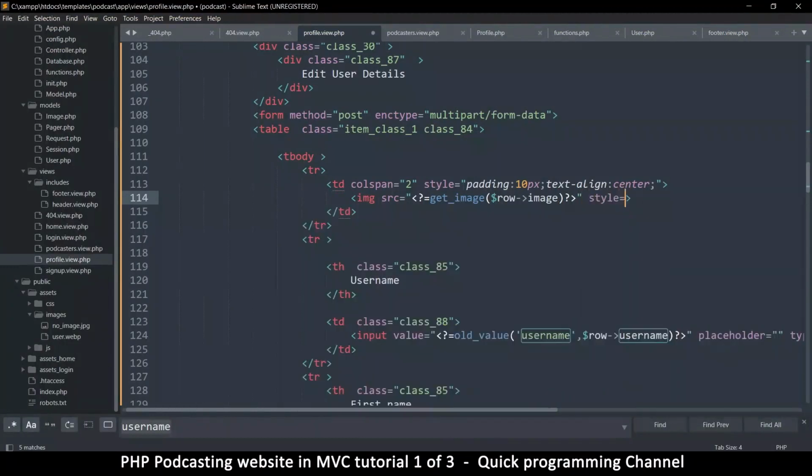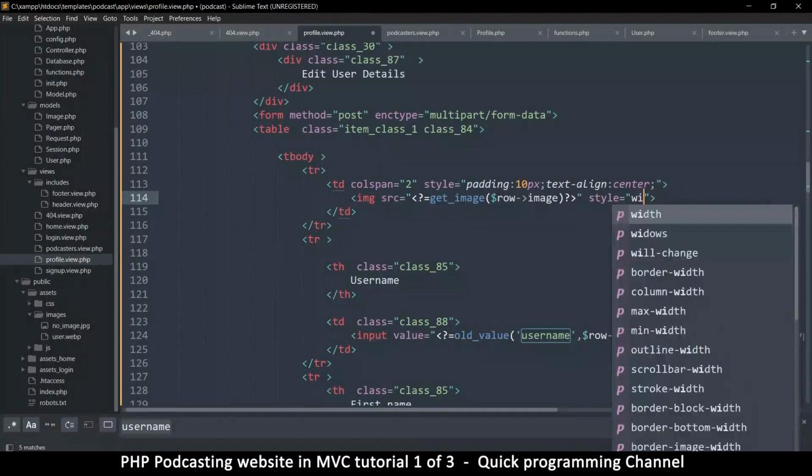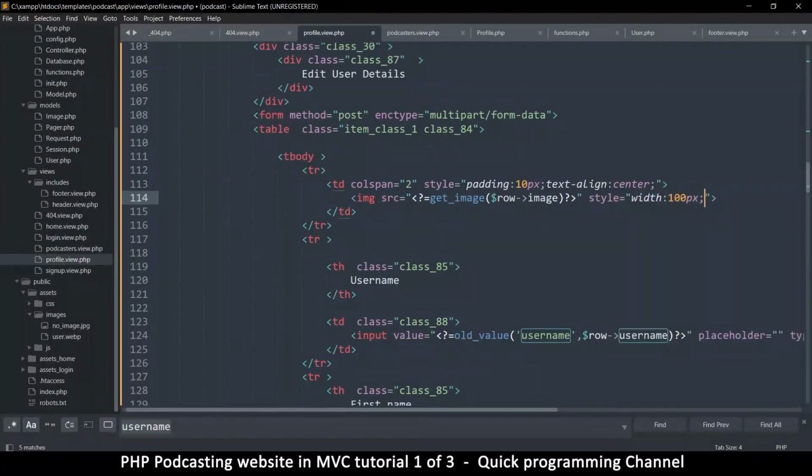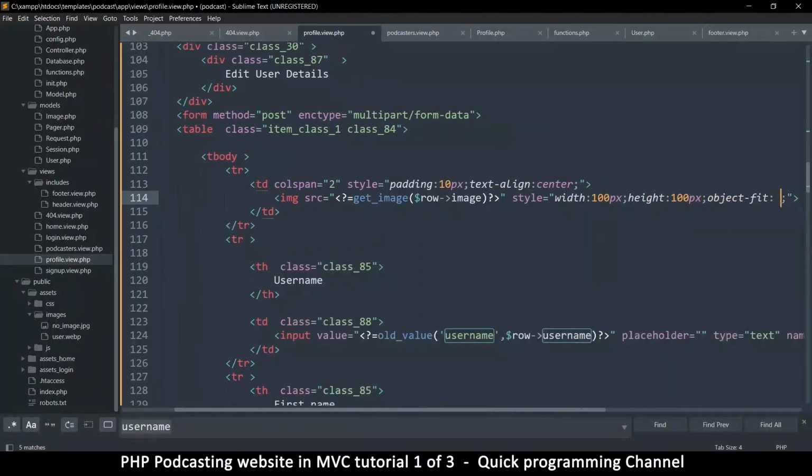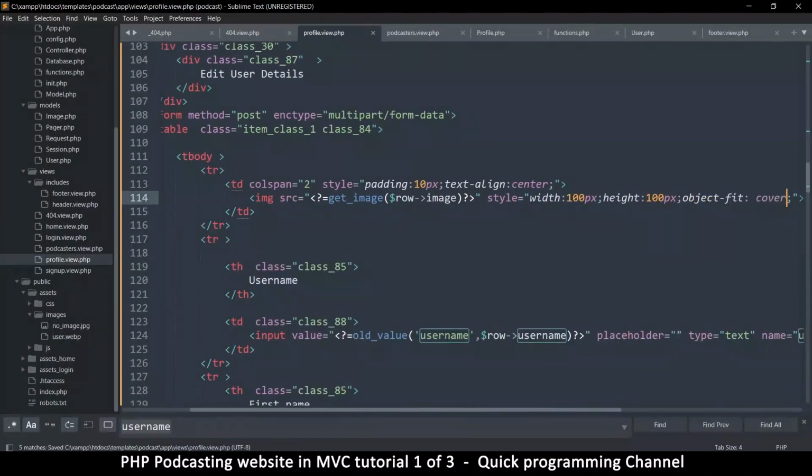So I'm going to say style is equal to, let's put that at 100 pixels. This is for the width. The height, 100 pixels as well. And then object fit should be cover. And I think that would be good. Now, I want, when I click on this item here, the image itself,